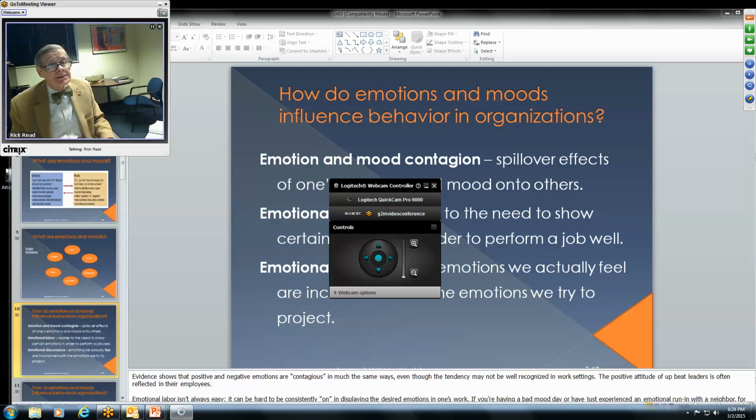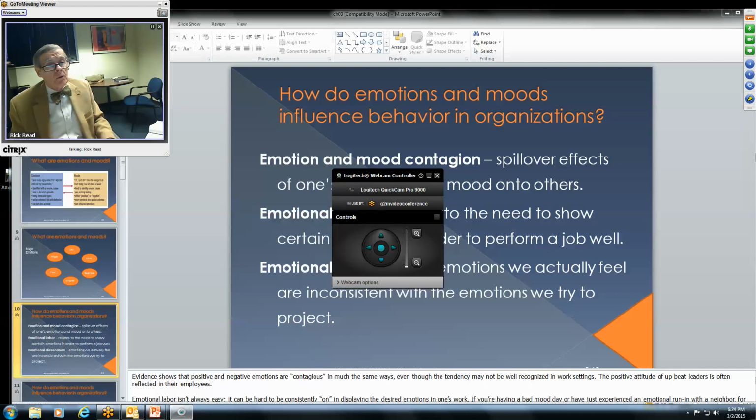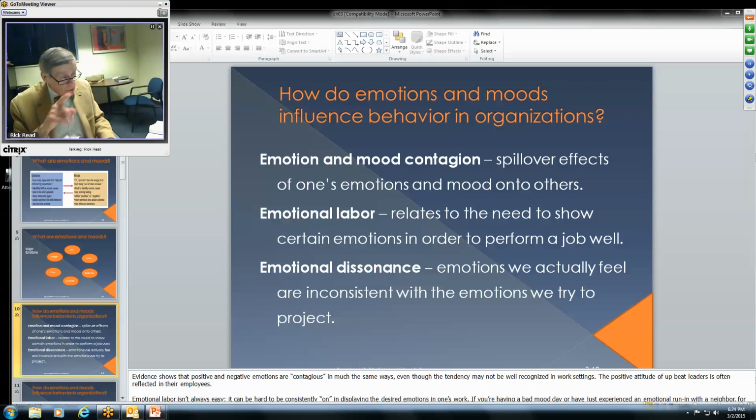Emotion and mood contagion, notice that's a spillover effect, and that can cause some problems for us because we can't control those, and we push those out to somebody else. And so we want you to feel our emotions or our moods. Perhaps take it a step further. We want you to feel our pain. Now, is that going to make you feel any better? I don't think so. But you're just saying, okay, well, I want to share the wealth, if you will, with